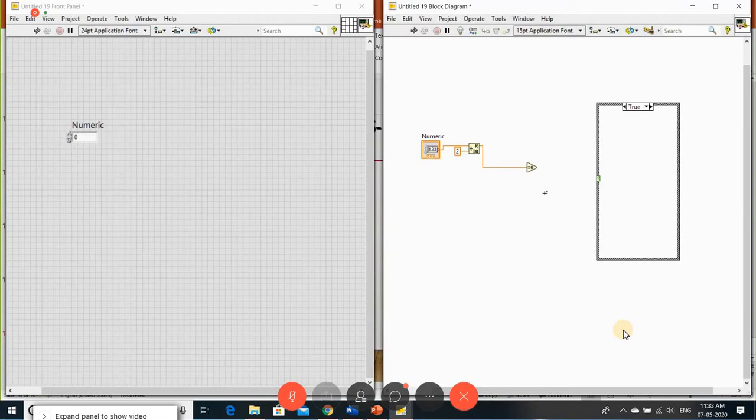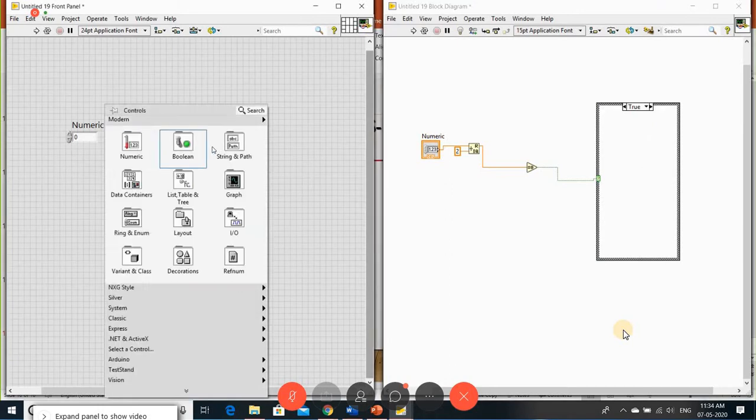Yesterday we did the same thing, where we used the select. Here I can go with the case structure to implement this. The same thing I connected to here. This is the Boolean case. You can see that in the Boolean case we have the true and false case. So in the true case, what do I want to display here?